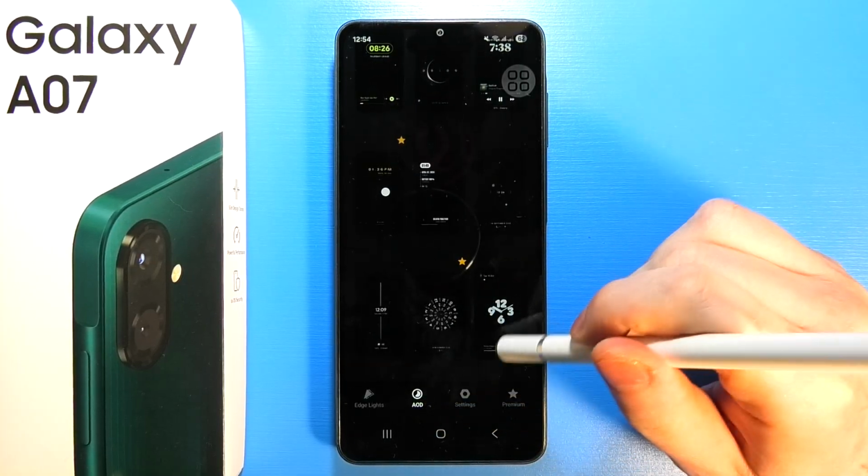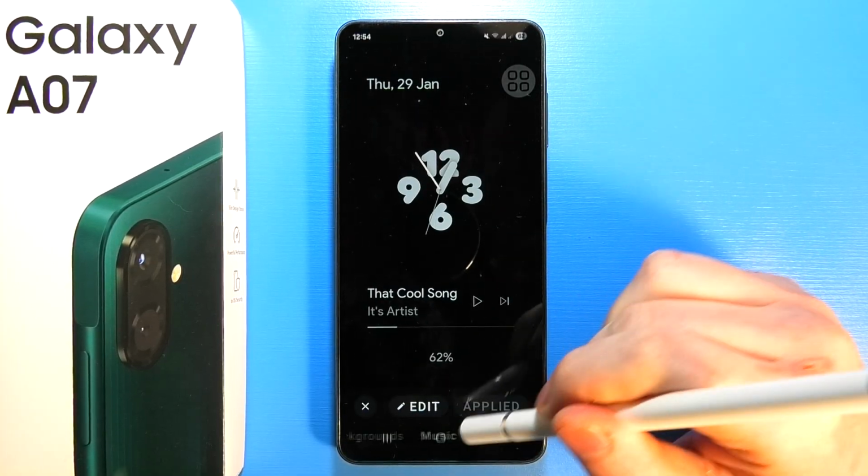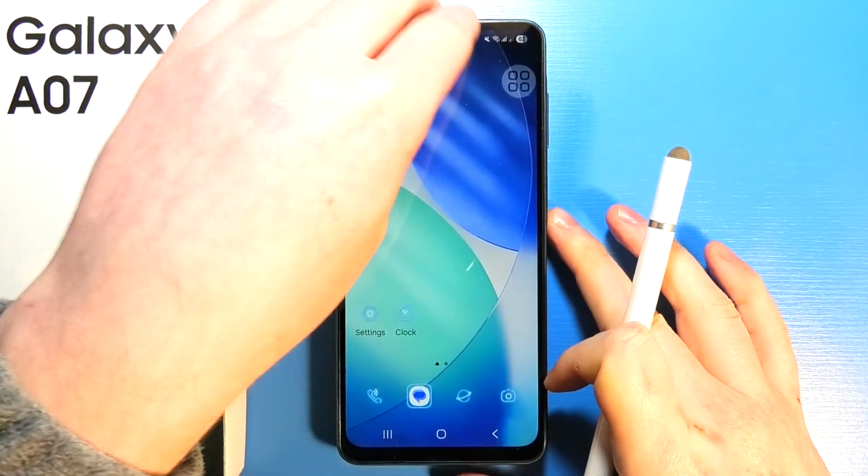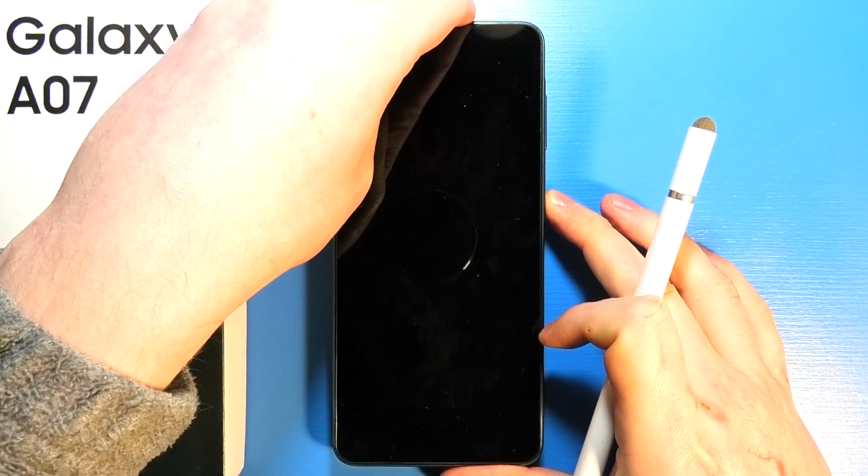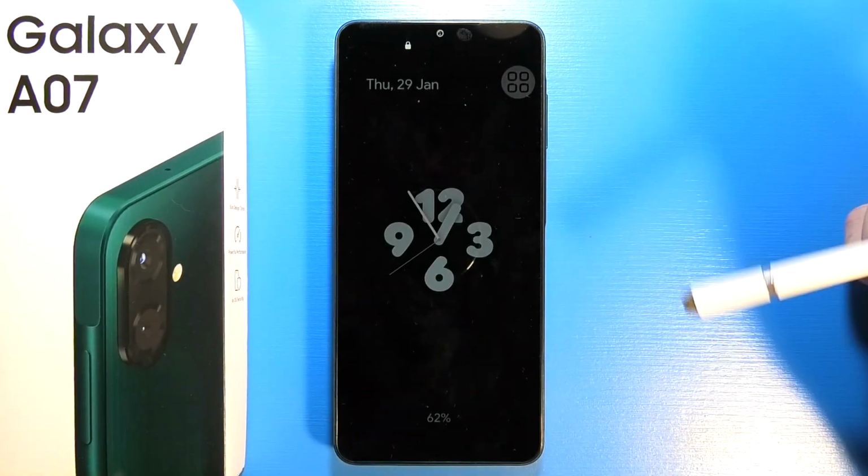Now, after a moment, when it's applied, we'll be able to go back, lock our device, and then we should see always on display. And that is